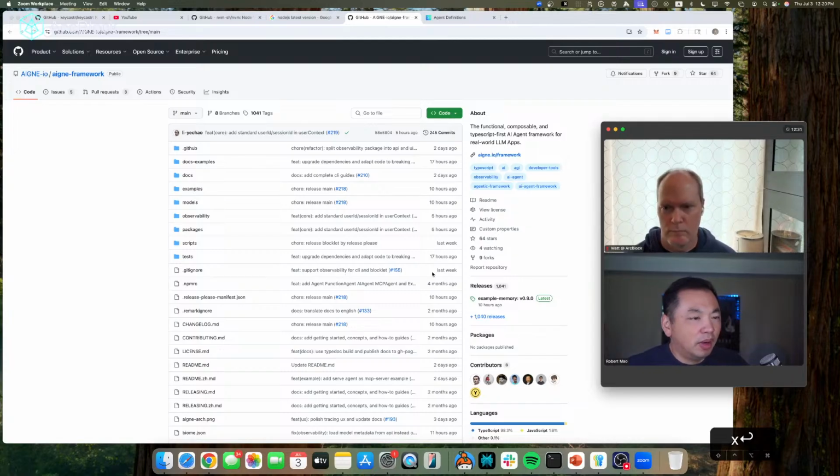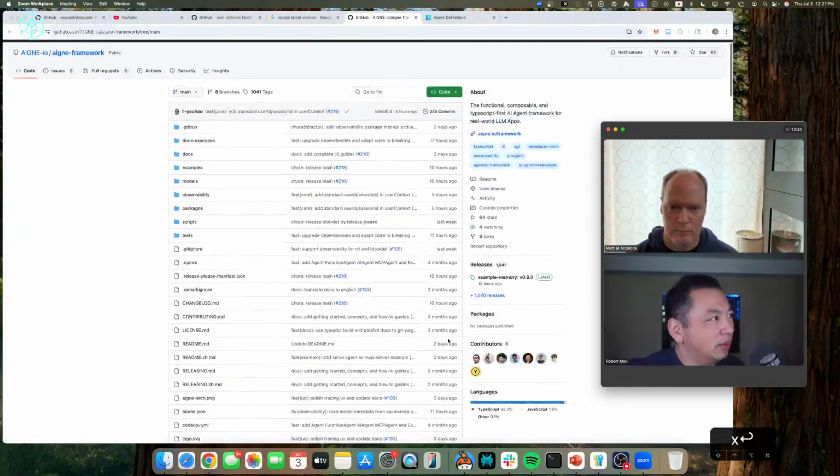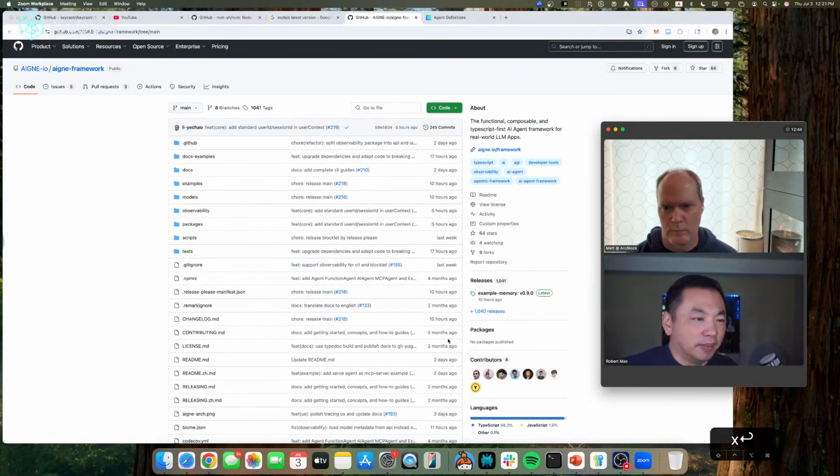But before we do everything, how do we set up your computer so that when you follow the AIGNE Framework's README, you are able to get all those examples started and running?